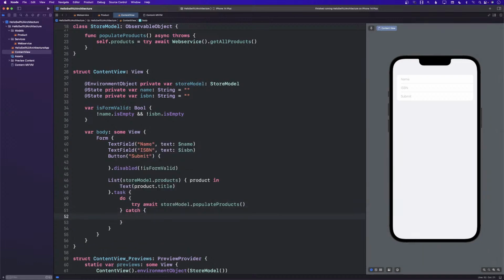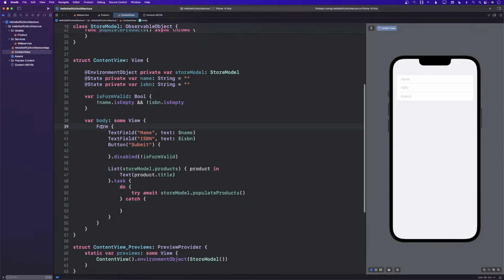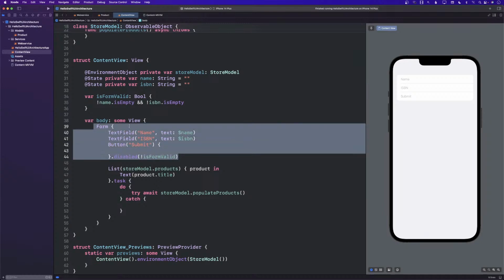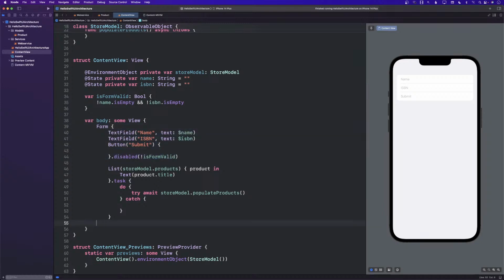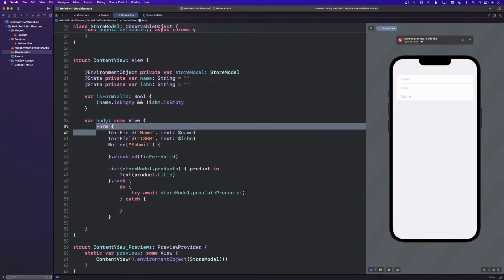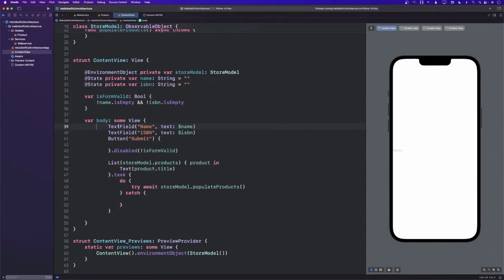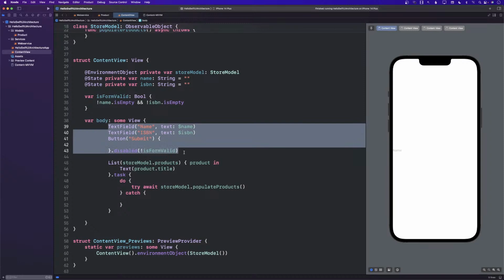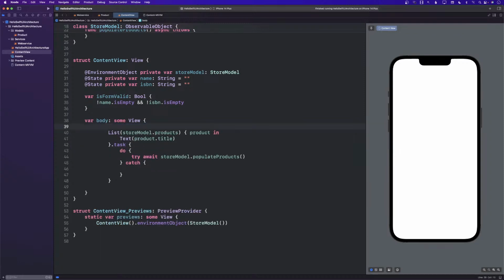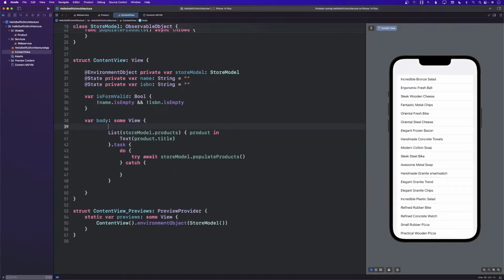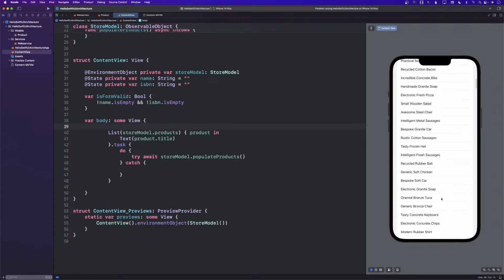Let's see, does it display it? It doesn't display it. Yeah, it doesn't like the list. I wonder if I can use the form. So I'll have to remove this part, I'm sorry. But I will probably have to remove this form over here or comment it out or something. And let's remove this part for now. And let's see. There we go. So you can see it's displaying right now. Okay.